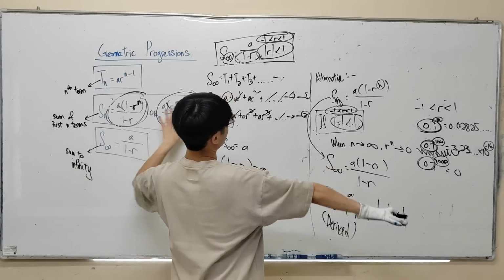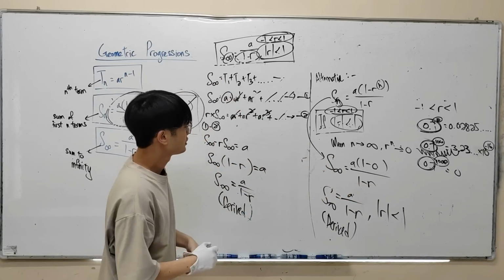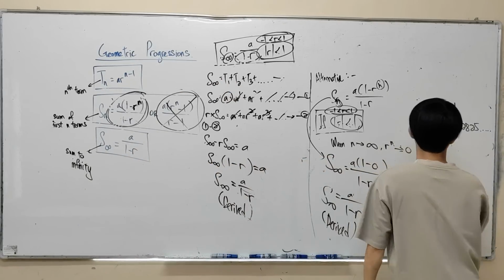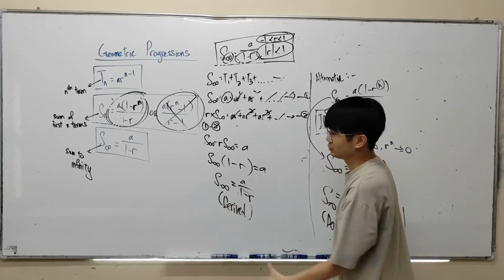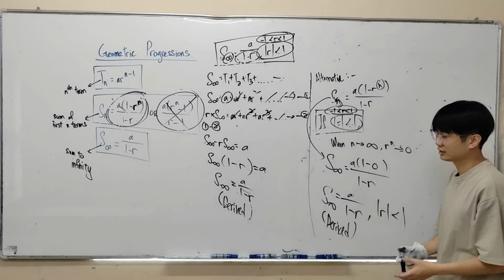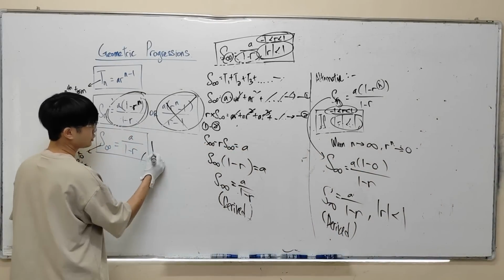So these are 2 ways to prove the S infinity formula. I'm going to erase this. Alright, so I hope you understand. This is method number 1 to derive. This is method number 2 to derive. And remember, the condition for S infinity is always